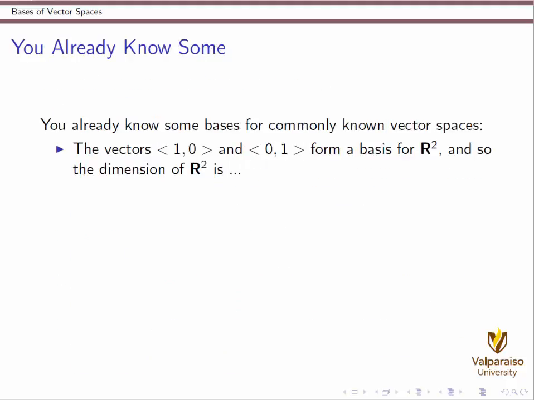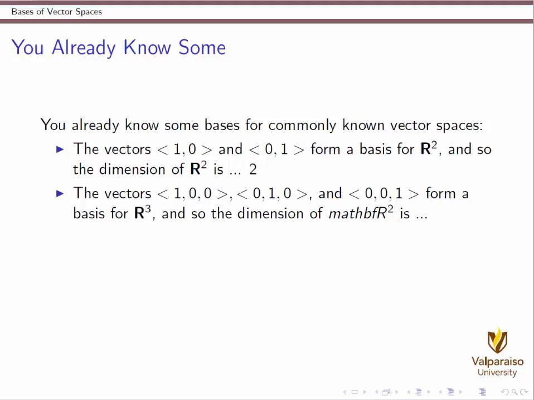You already know some basis vectors. You may not have called them basis vectors, but nonetheless you know them. Take two-dimensional space, or R2. The unit vectors (1, 0) and (0, 1) are a basis for this space. You know that any vector in R2 can be written as a linear combination of those two things, and those two are linearly independent. Similarly for R3, the standard unit vectors are a basis for R3, and the dimension of